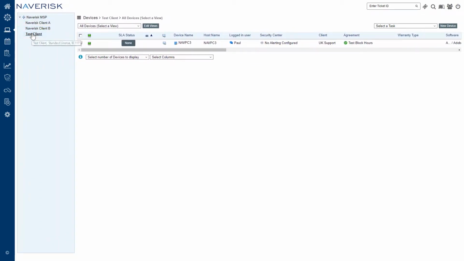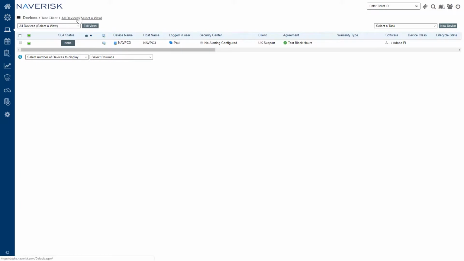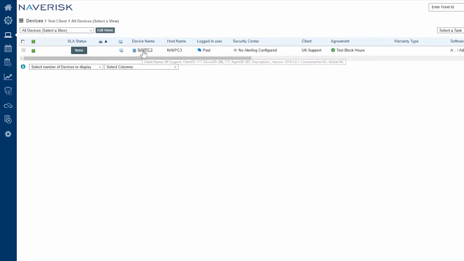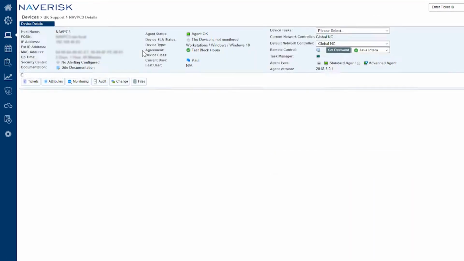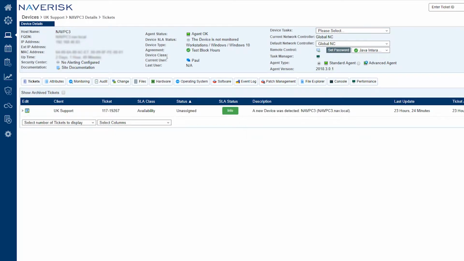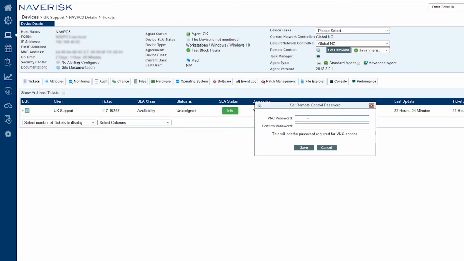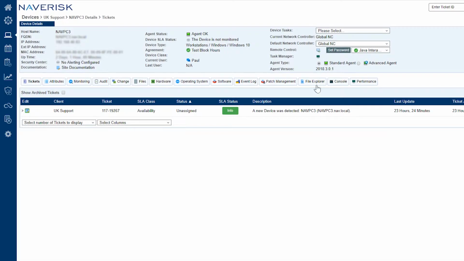Naverisk. So I'm going to choose a client, click on the device's name, so we're going to choose our site controller agent, and over on the right here we can go and set a password for our remote control. So we're setting this for VNC, but we have many different options of remote control that you can choose from. So let's go via VNC, and we're going to click on the little screen icon there and go through the